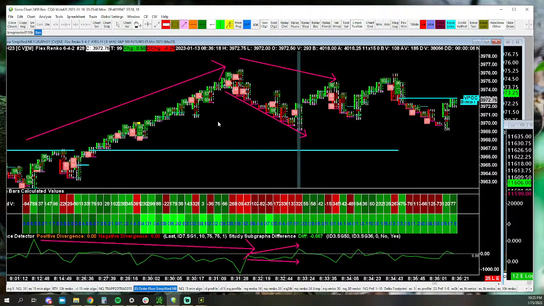Right, so that's weakness, or sellers are getting some aggression, and you can see it in the numbers if you're looking closely. You might even be able to figure out what the equation basically is. It's not complicated. Okay, and then what happens here? Well, we make a lower high, right? Here we make a higher high. So it's either natural divergence or hidden divergence, but one way or another, the indicator and price are not matching when we look at the highs.